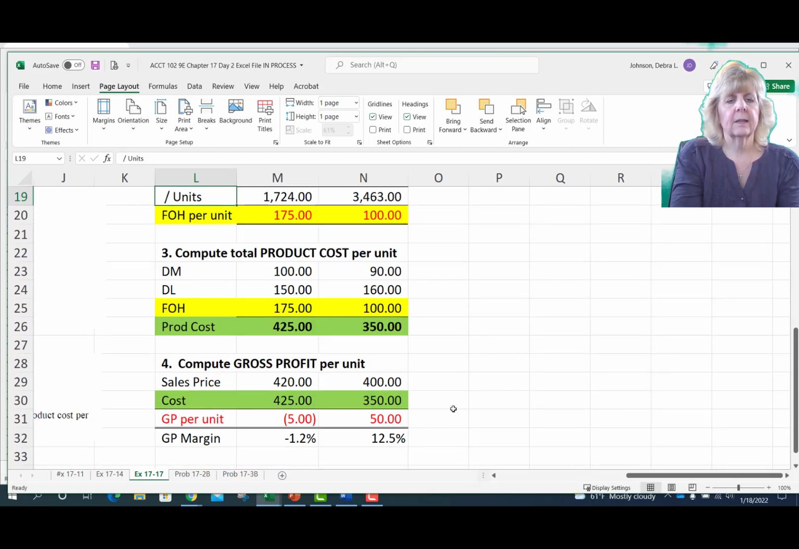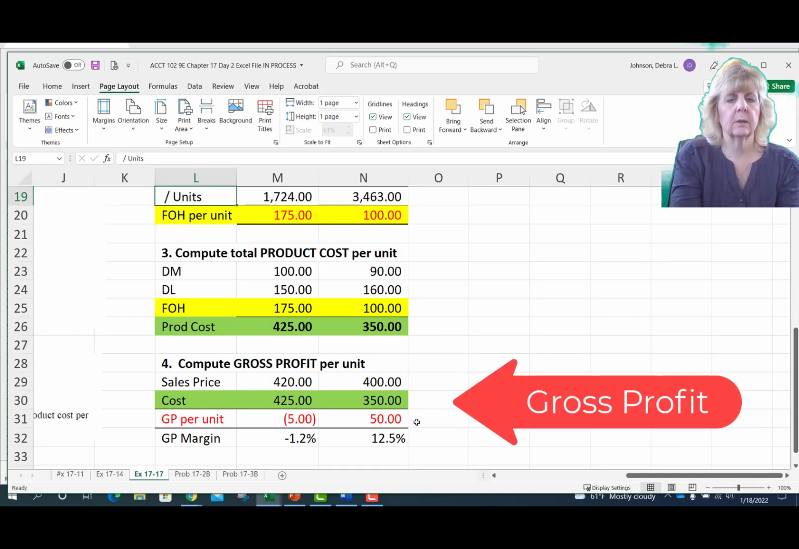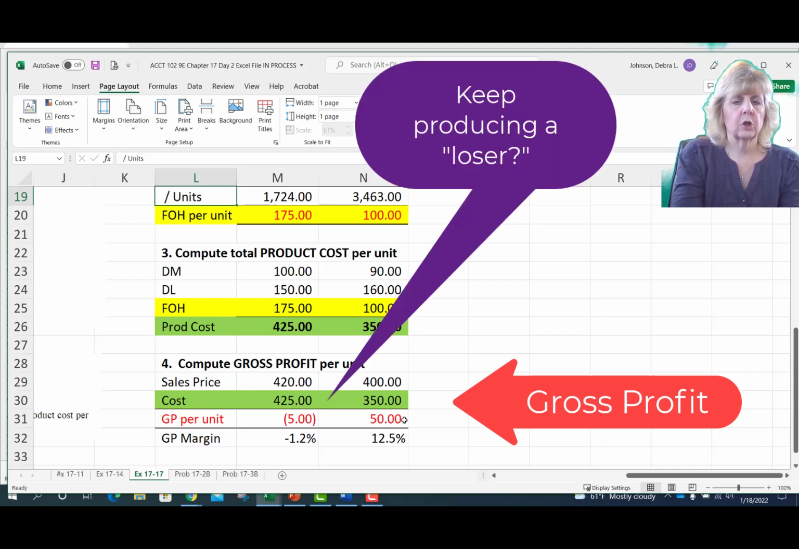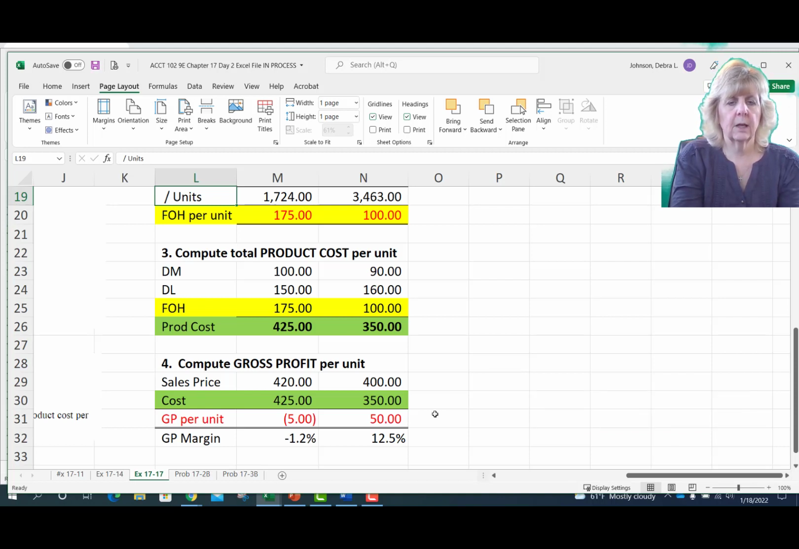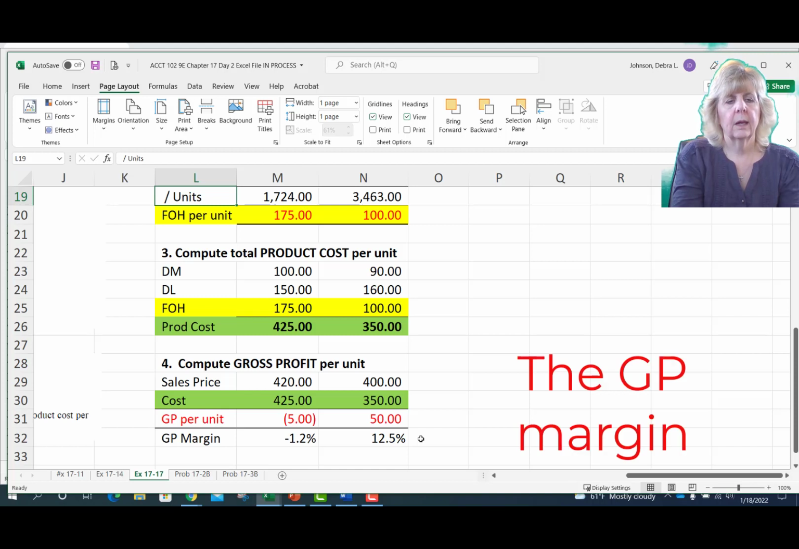Then finally, in the last step, the author wanted you to compute the gross profit per unit. You'll notice that the first product is showing a loss per unit, and the second product is showing a fairly decent profit per unit. As always, if you've had me for a previous class, if you're asked to calculate the gross profit, take it one more step further and calculate the gross profit margin, because that can also be very telling about the product's